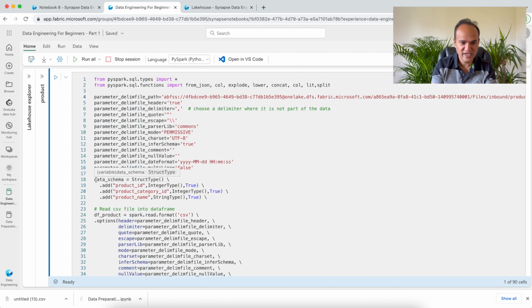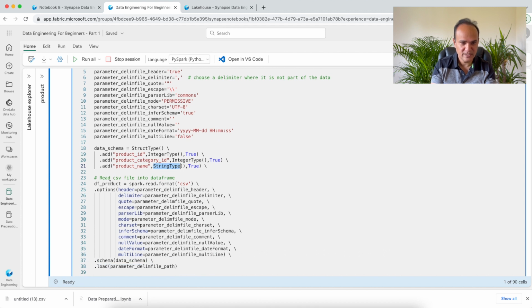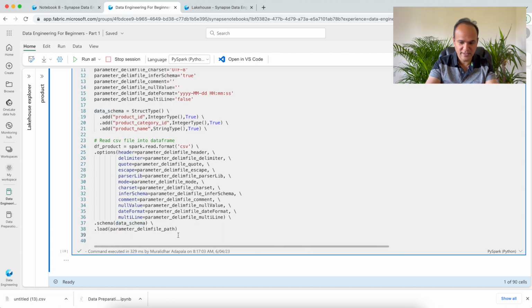These are all the different parameters which you can set for loading a CSV file. And I have specified a schema of that CSV file, which means it contains the product ID and product category ID, they both are integer types, and a product name, which is a string type. Then I used all these parameters here in the options. I use the schema here, dot schema, and this. When I do this and run,